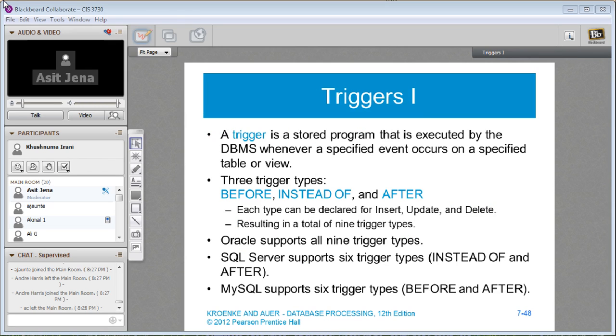And I think we talked about triggers, which are stored programs that are executed by the DBMS whenever a specified event occurs on a specified table or view.